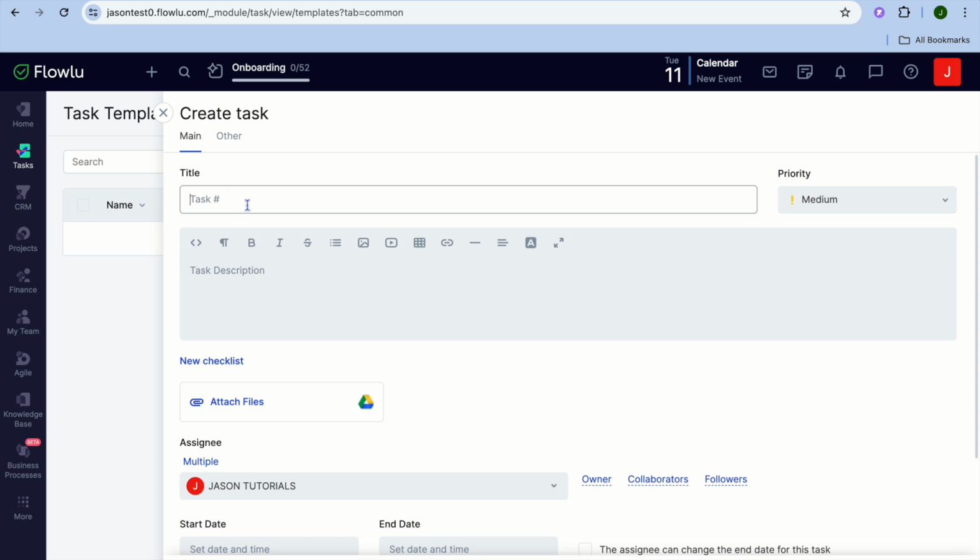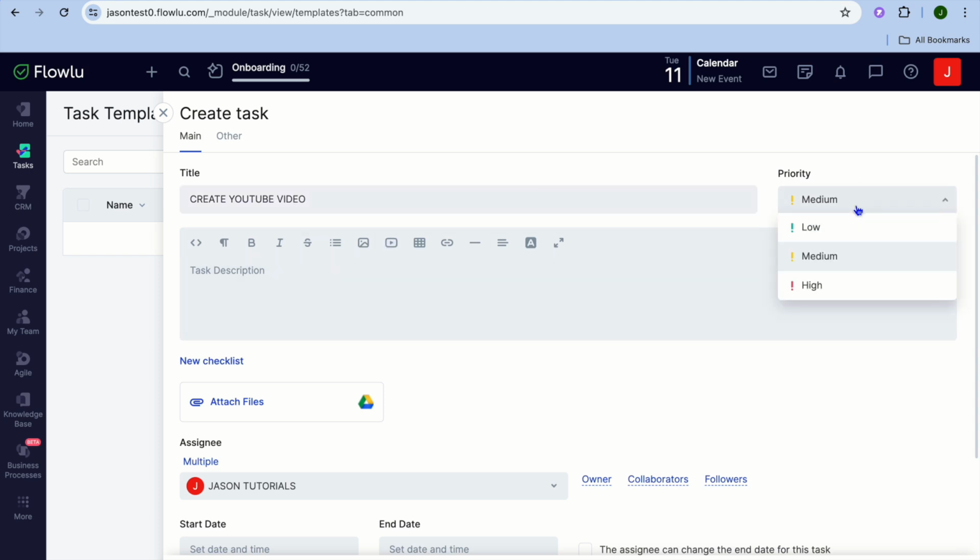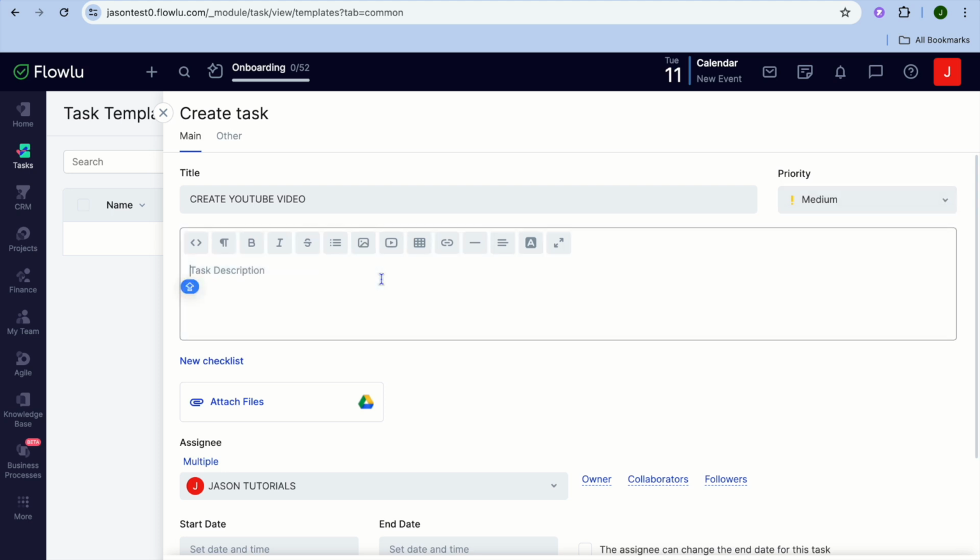Then let's say for example our task will be to create a YouTube video. So we'll type in create video. Let me do that real quick. Create YouTube video. After you have done that, you can select the priority, whether it is low priority, medium, or high. Then you can also type in a task description. So create a video